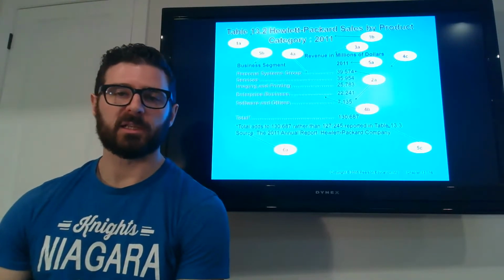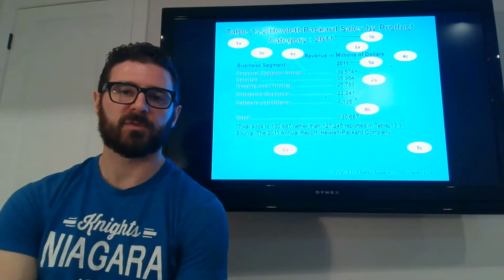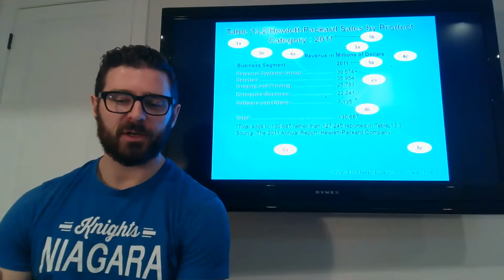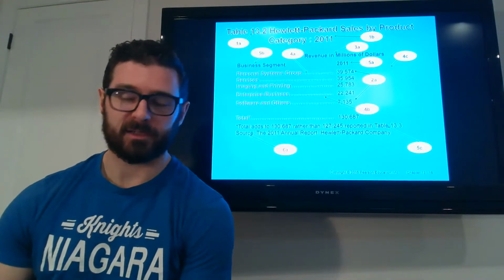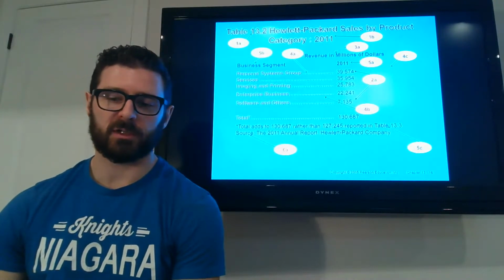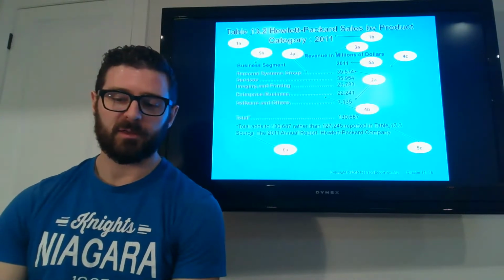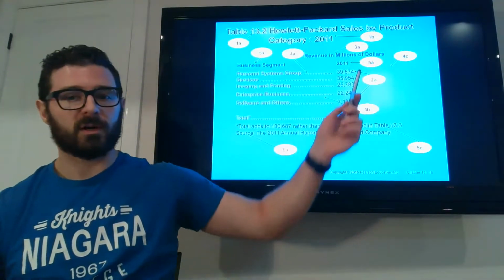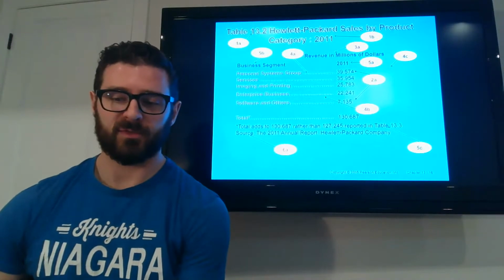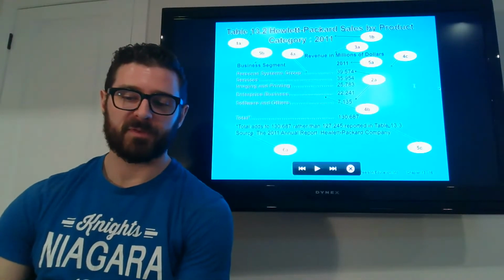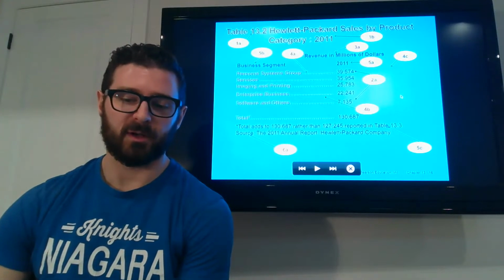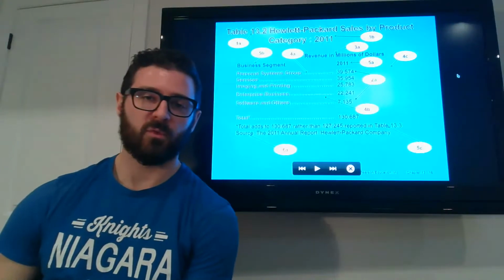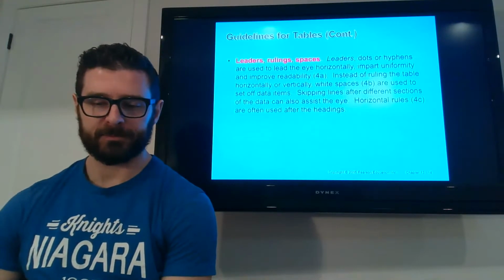This is something that I saw a lot of in the last assignment, the first major paper that people submitted. It wasn't clear what unit of measurement you were looking at. You can see here that if you just read this number, 39,574, you might think that it's $39,574. But up at the top, we have revenue in millions of dollars, so multiply that by 1 million. It's important to recognize that and to identify what unit of measurement you're looking at here.